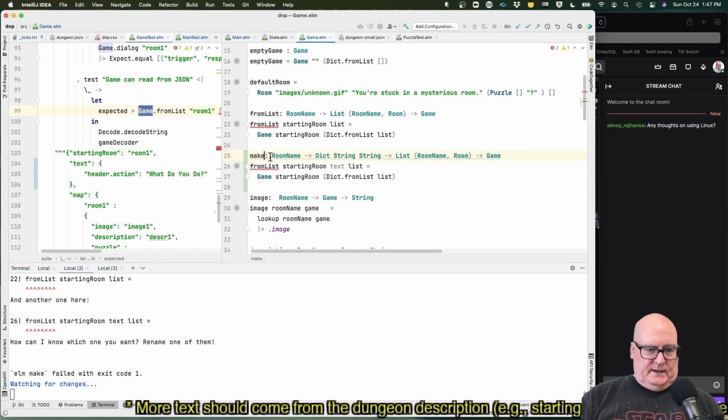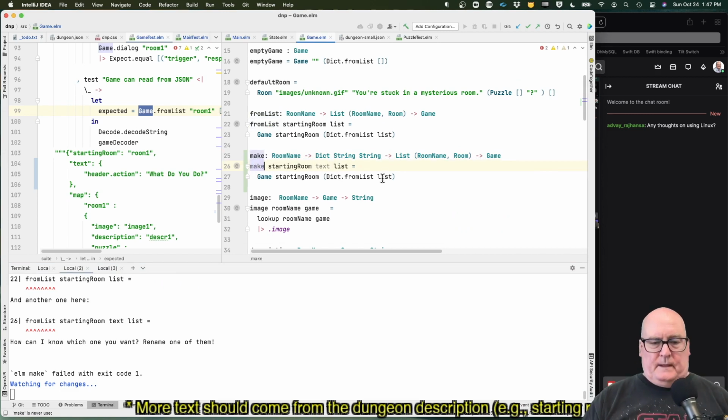Let's just say make. So to make a game, you give it a room name, which is the starting room. You give it a text. Well, let's call it a name. I don't know. Sometimes I use this naming convention, key to string. It's a little arbitrary.